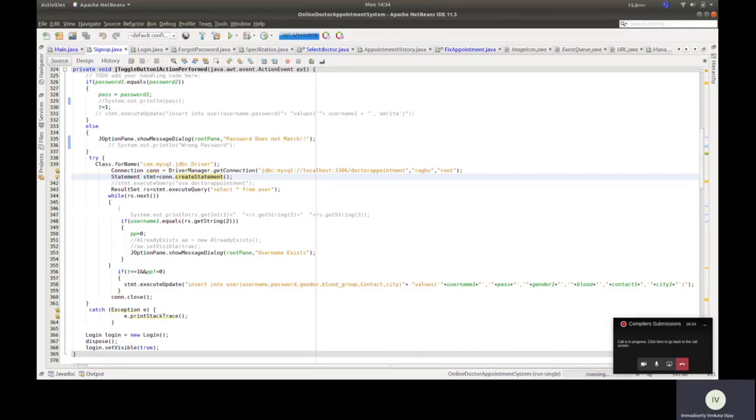Now we will write some statements to execute queries, like we want some tables for users and doctors and particular members, like those with a particular specialization. We will write all these queries and store them in statements, and for those statements we need a connection. Connection is an interface with all the methods for connecting to a database. The connection object represents the communication context, that is, all communication with the database goes through the connection.